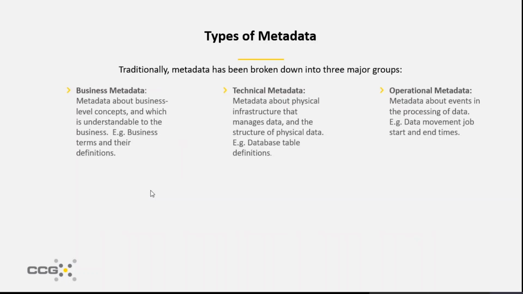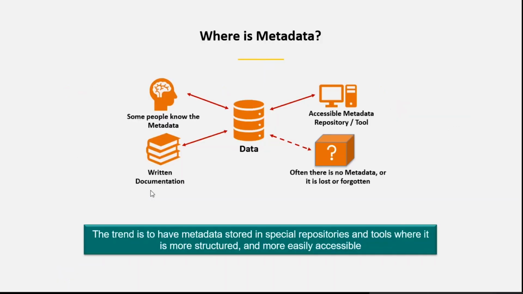So from a definition perspective, it can be confusing, and that's why we're trying to level set here in this discussion. So we've talked about the types of metadata and what metadata is, but where is metadata? Within your organization, it's everywhere. It's in people's heads, and sometimes, unfortunately, some of those people decide to leave the company and take it with them. In the best case scenario, it's actually written down or tracked in some type of technology where you can actually get to it and leverage it at some point.